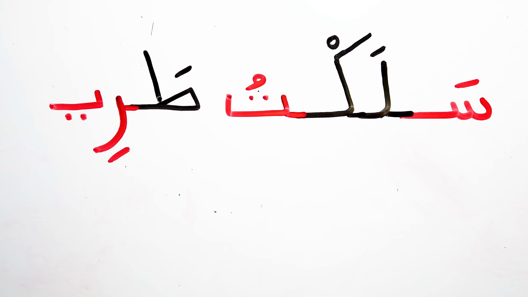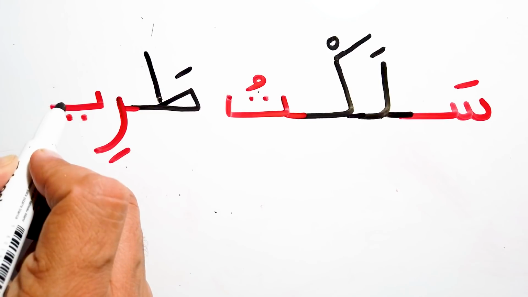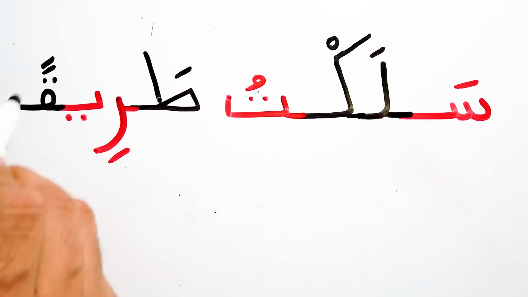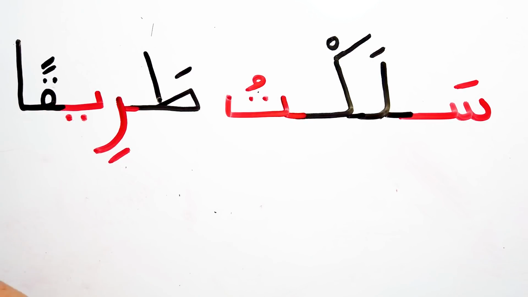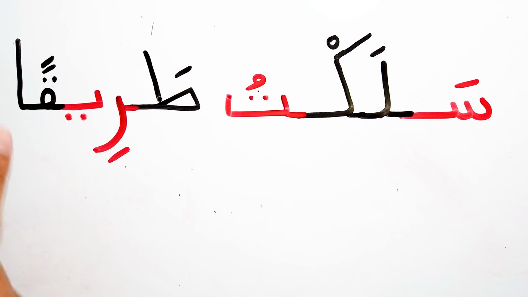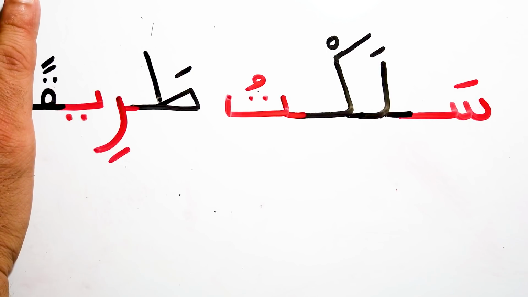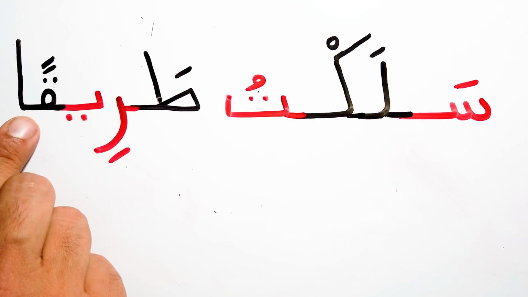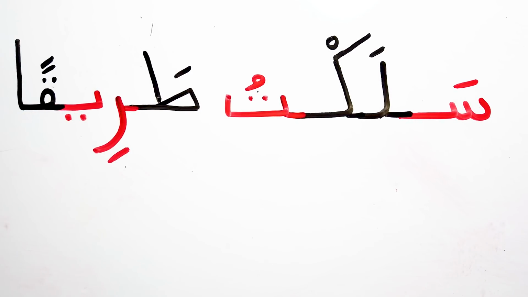قا. We have here the sound of noon at the end of the word, but we are not gonna write it. It is just the sound. Why? Because we have tanween bil fatha. Let's write it. It will be like this. We have qa. Another one, qa. We are gonna add this alif. Now we have here tanween bil fatha. What's tanween bil fatha? It is when the last letter has double fathas followed by alif, like this.